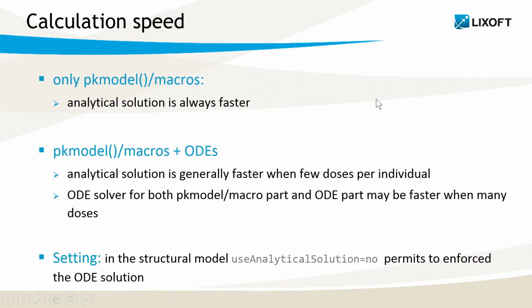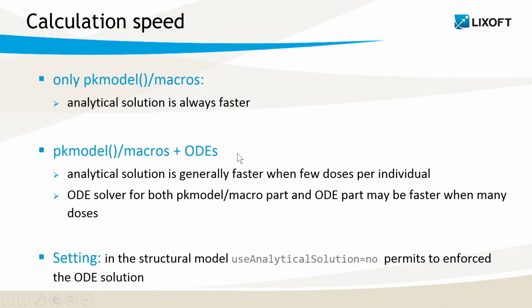Now comes the interesting point. Which one is faster? If your entire model is encoded by macros and has an analytical solution, then it is always faster to use the analytical solution, because the solution can be directly calculated without having to integrate the ODE system over time. If you have a mixed model with one part encoded with macros and another one with ODEs,